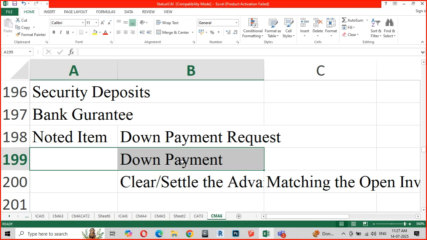So how do I settle the advances, either paid or received? Suppose I receive money as an advance from the customer. How do I settle this advance? I sell the product. I make a sale transaction in the SAP system, and I connect these two points, the